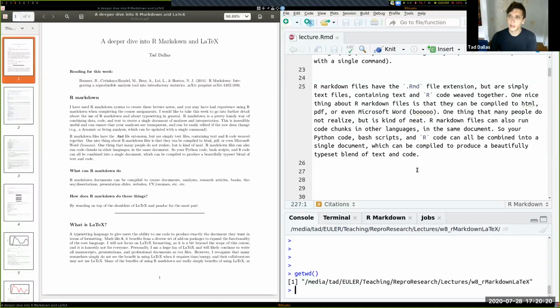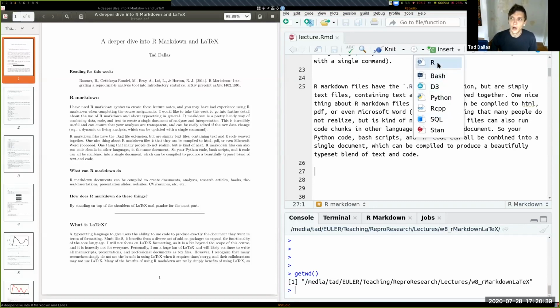One nice thing is that I believe we went over before in the R Markdown lecture, which we talked, I think, about in the same breath as we introduced R as a language, was the ability to insert other code blocks that are not R. So R is sort of the default, as I'm highlighting here in the RStudio window, but you can also insert bash, D3, which is a JavaScript library for interactive visualization, Python, R, CPP, so that's the interface between R and C++, SQL, or STAN, which is used for a lot of Bayesian stats.